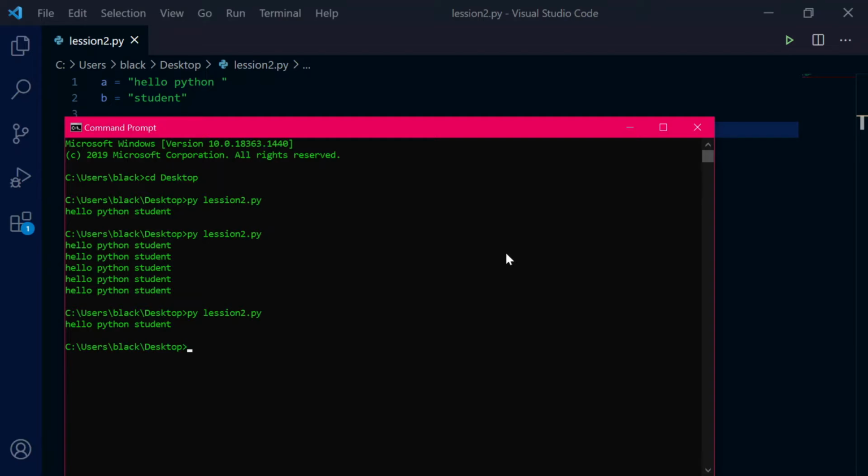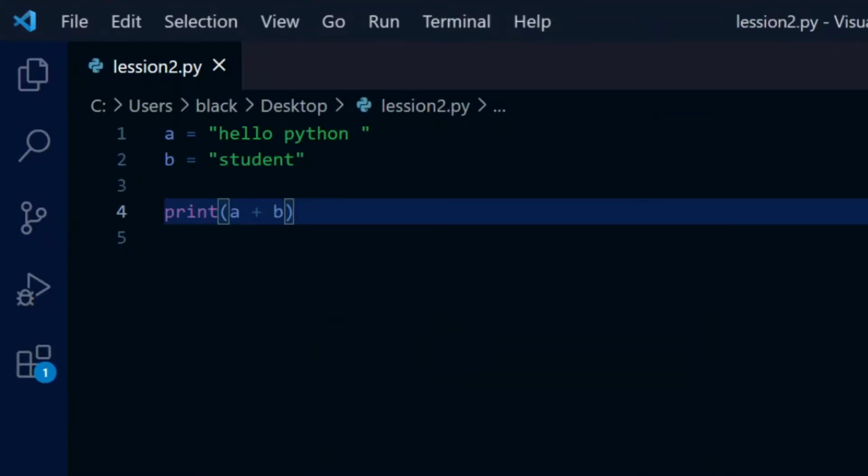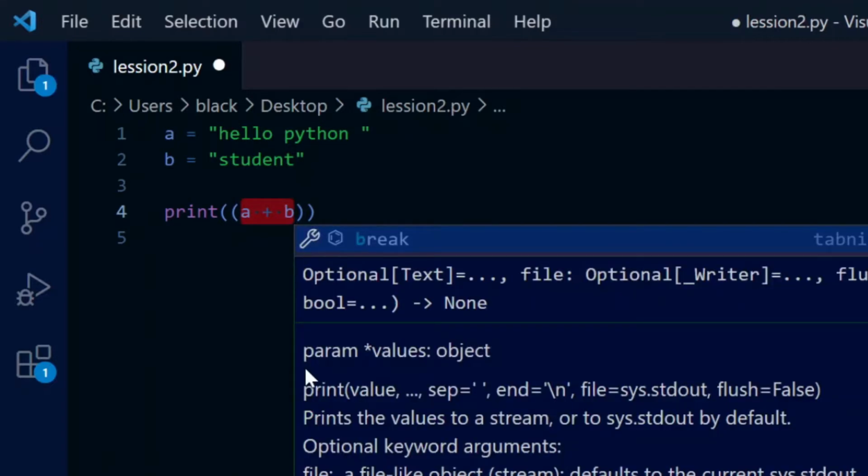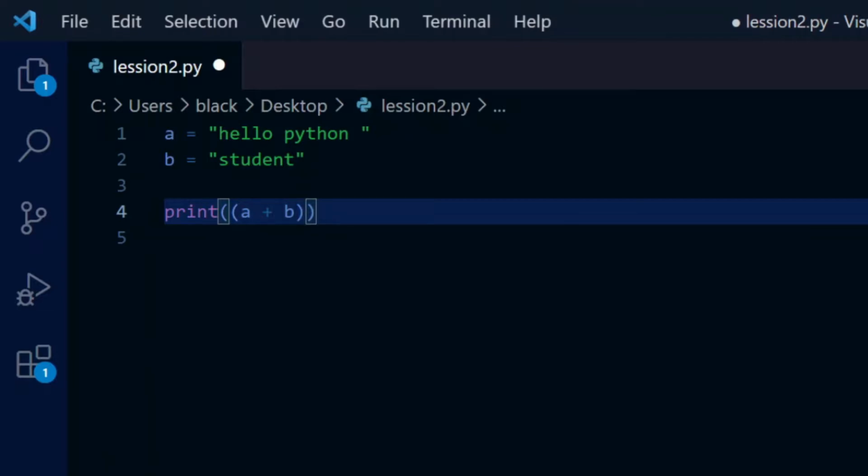The same result will be displayed, and let's say now we have to do this 10 times. We don't have to type this 10 times. All we have to do is multiply this by 10. Actually this will be just the same line. We have to do another thing to display it in separate lines.